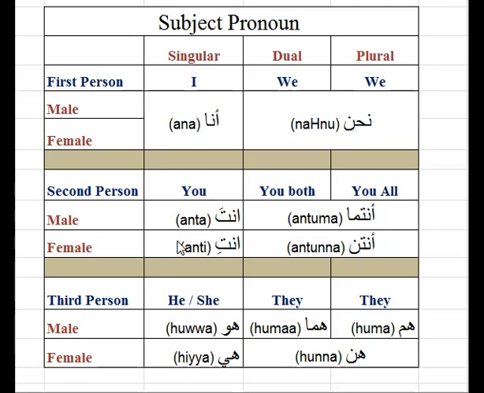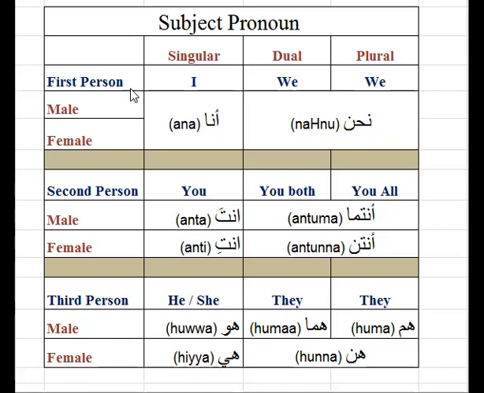And if the person is female, then we will say anti. Okay, anta, anti. We will address them as anta, anti if we want to say you. And there is another situation where there's a dual and plural. So for both of them, we will say antumma, and antunna. Okay, antumma, antunna. If the first person, the speaker, is speaking to a second person about a name, about a person, about a thing, about a place,